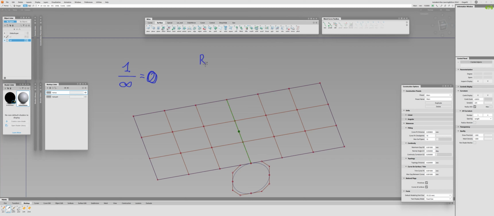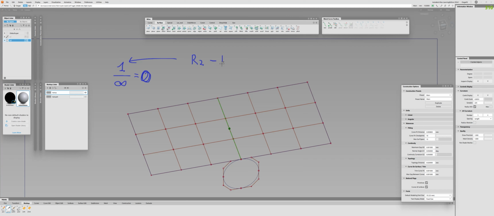So radius 2. And once again, this radius is a reciprocal of a radius. So reciprocal of radius 2 minus reciprocal of radius 1, and then we divide by the sum of them, 1 plus 2. And then you will get some number. This number, you will never see if it is 0 or within your curvature continuity tolerance. If it's lower, you will not see it. But if it is higher, you will see this number,